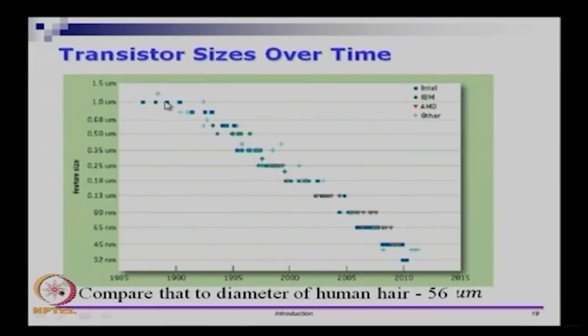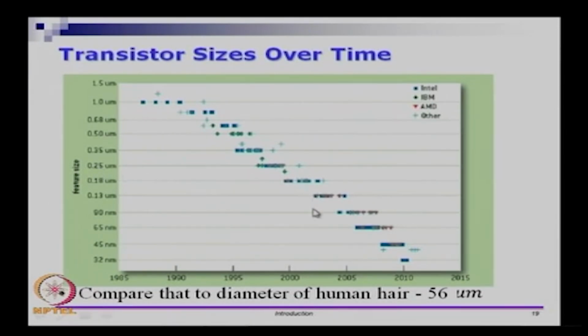So what you see is for every so-called generation, and a generation in an integrated circuit is usually about 2 years, for every generation or so it went down by one technology node. One technology node means, in this example there is something at 1 micron, and if you go to 0.5 micron it is probably already 2 technology nodes. So 0.5 to 0.35 and 0.25 and so on, these were the different sizes at which chips were made. So each transistor or each logic element was 0.25 micron in size, and it had millions and billions of these